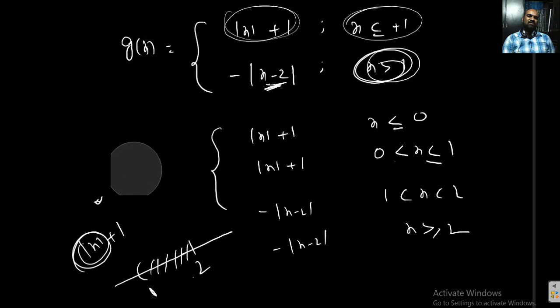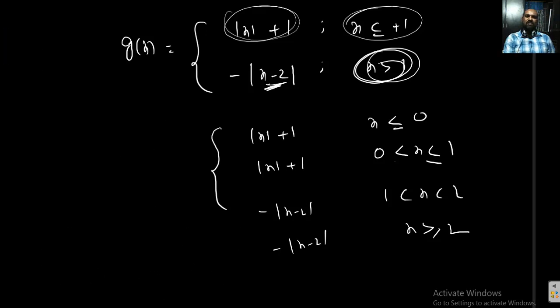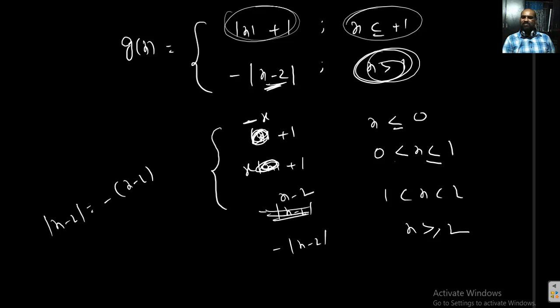Now I want to open the modulus, students. Listen, here x less than 0, this becomes minus x only. x greater than 0, this becomes x only. For 1 less than x less than 2, mod of x minus 2 gives minus of x minus 2. Already one minus is there, so directly I can write plus x minus 2. For x greater than 2, mod of x minus 2 equals x minus 2 only, but here a minus is there, so it should be minus x plus 2. I think I can write 2 minus x here.